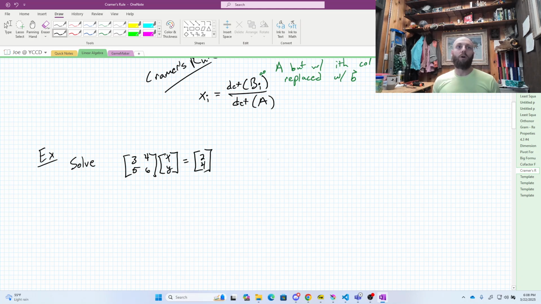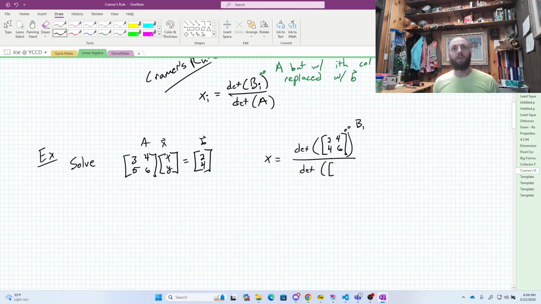And so I'm going to say, all right, x is going to be the determinant of the matrix 2, 4, 4, 6. So I took the first column out of my matrix A here. I'm thinking Ax equals B, and this is B1, I replace the first column of A with B. And then I'm going to divide by the determinant of my little matrix